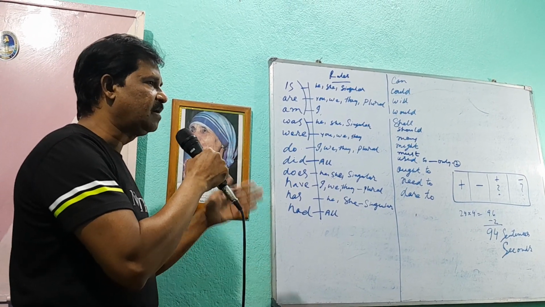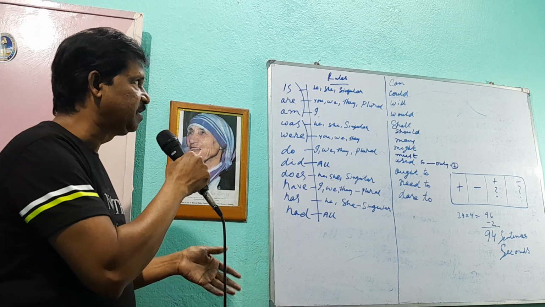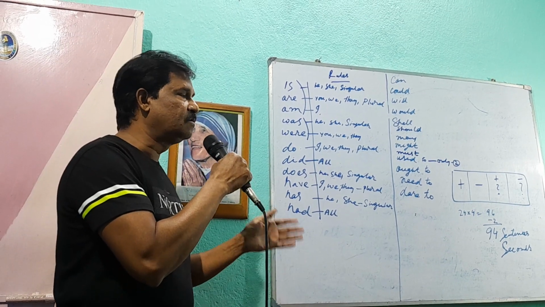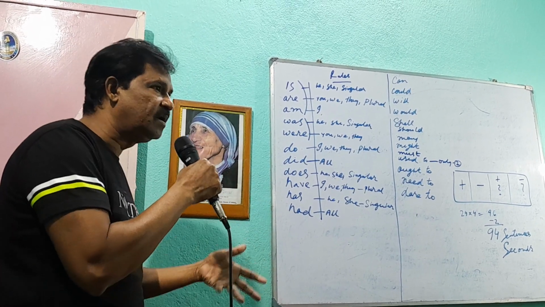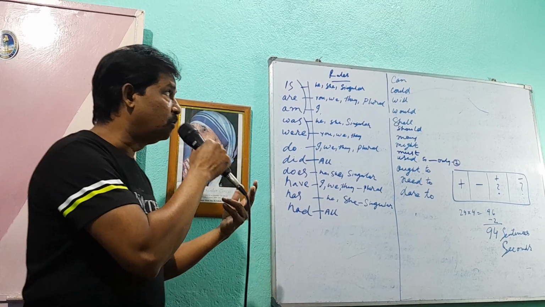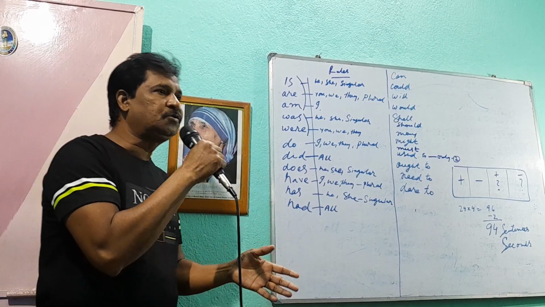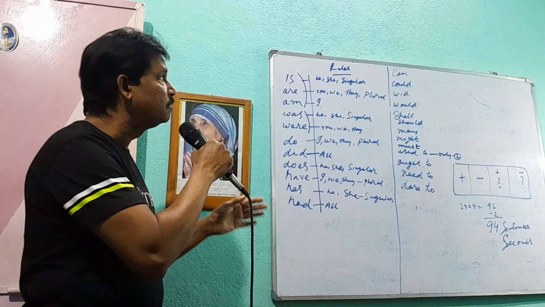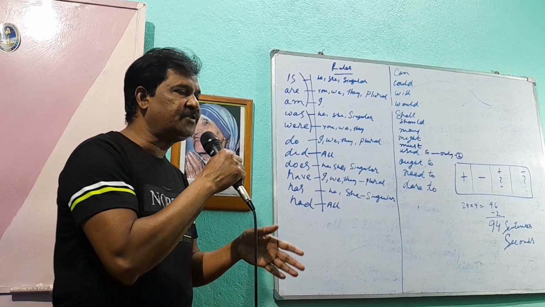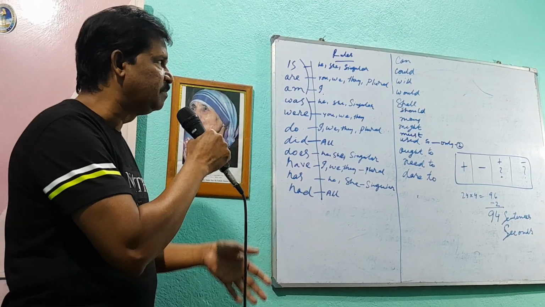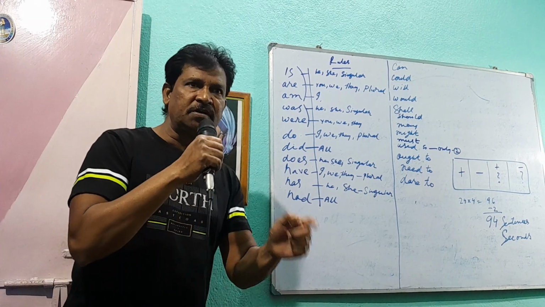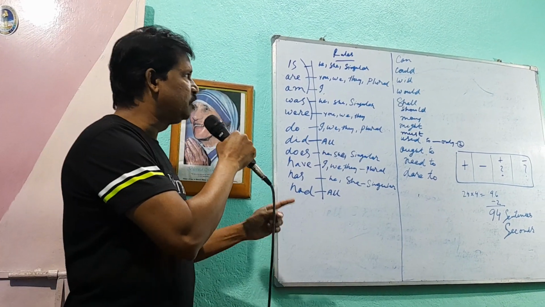I can climb up a tree, I can't climb up a tree. Can I climb up a tree? Can't I climb up a tree? I could beat him, I couldn't beat him. Could I beat him? Couldn't I beat him? I'll go to London, I won't go to London. Will I go to London? Won't I go to London? I would become a doctor, I wouldn't become a doctor. Would I become a doctor? Wouldn't I become a doctor? We shall play the match, we shan't play the match. Shall we play the match? Shan't we play the match? You should help the poor people, you shouldn't help the poor people. Should you help the poor people? Shouldn't you help the poor people?